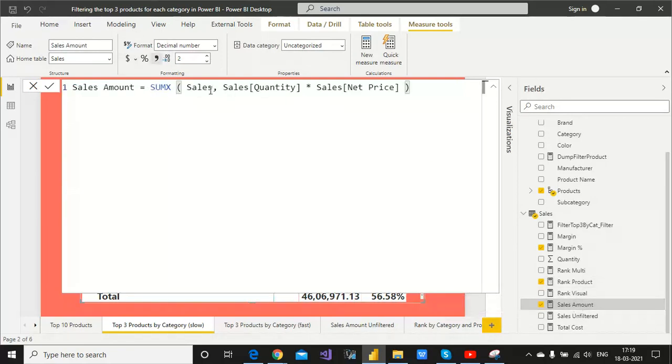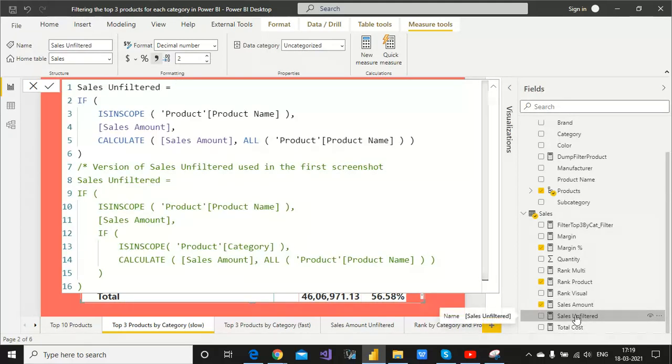Sales amount comes from the sales table: total quantity, a simple formula, the number of items sold in a year multiplied by net price per product, price per unit. Since sales is under filter, we use ISINSCOPE on sales amount, and then CALCULATE sales amount with REMOVEALL filters. So if someone selects anything in sales categories, it doesn't impact anything, and all amounts are displayed here.